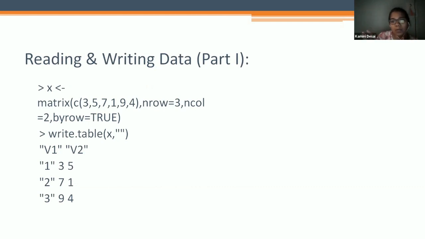Whatever R PPT I have shared in Google Classroom, you can use. Here I have given write.table, so it is given in a table form.